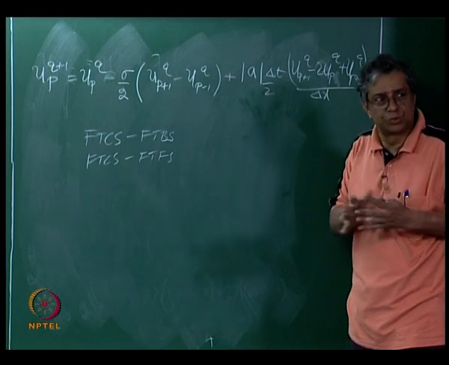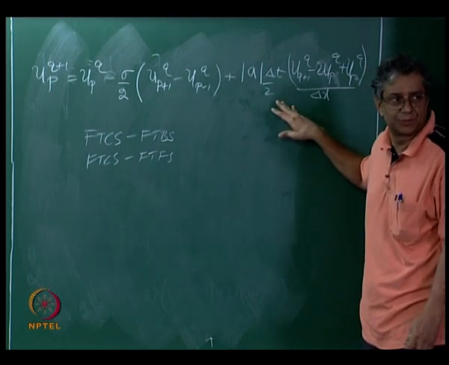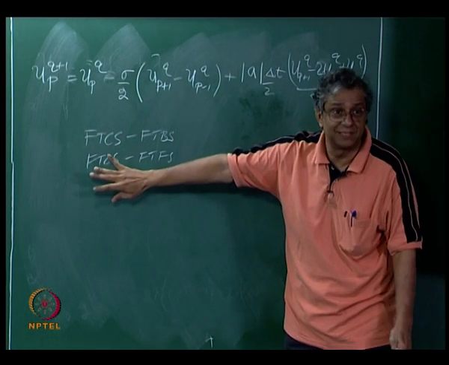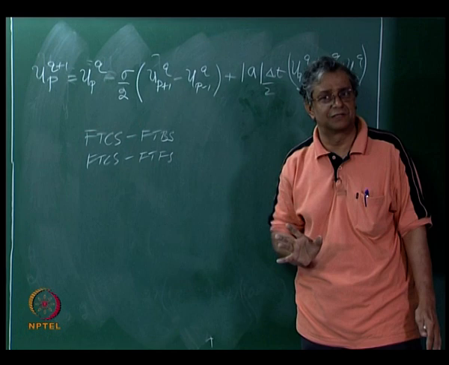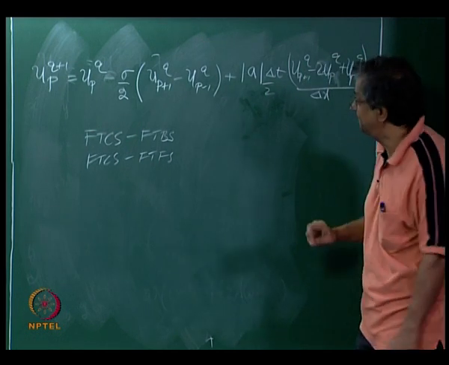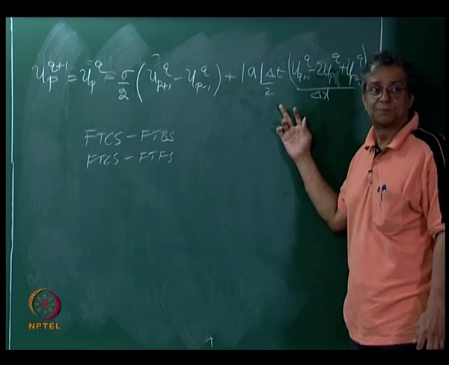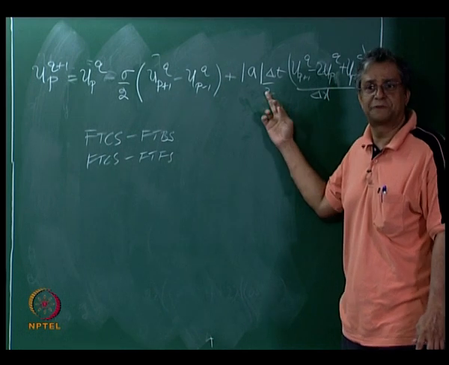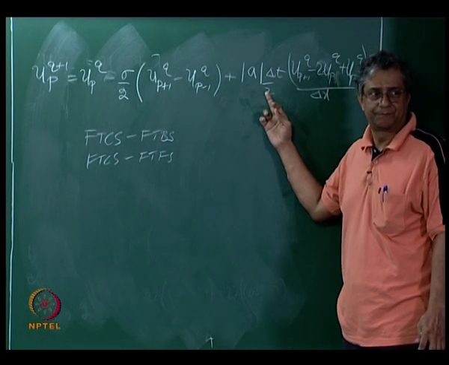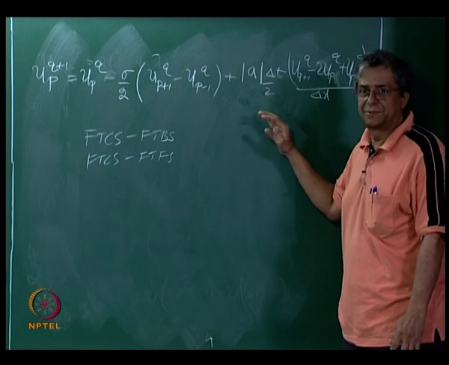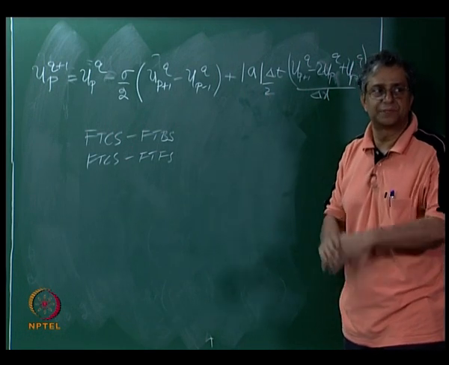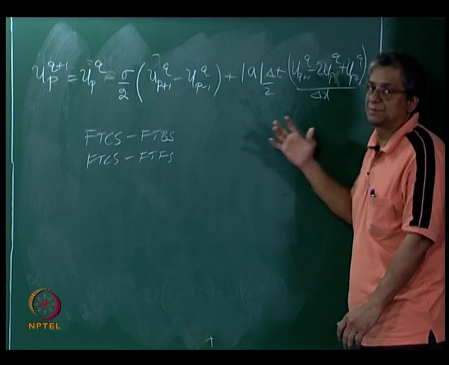That, see, there are different clues that we have as to why we are doing what we do. Either you can do it from here to see what is the correction term that I have to do in order to change a central difference scheme to an upwinding scheme, or you can look at it from the modified equation that we have got and say, oh, the coefficient has to be positive. Is that fine, everyone? So there are clear cut ways by which you can determine what happens when you add a specific term,